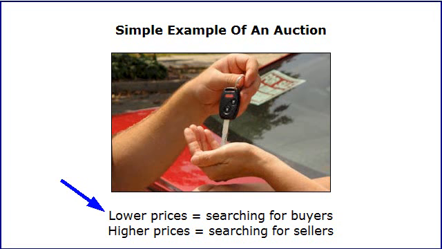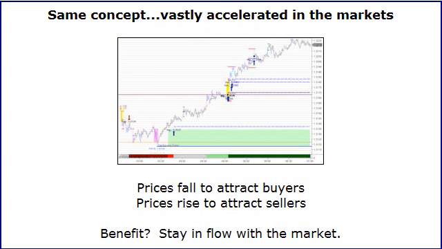And conversely, let's say that you see an ad where someone wants to buy the type of car that you own. At the price that they're offering, you're not interested. However, let's say they keep offering to raise the price. At some point, when the price gets high enough, you'll probably sell. So in other words, higher prices are advertisements for sellers. Now granted, that's a very simplistic example, but theory is what's important, and it's this same exact process that's occurring all of the time in the financial markets.